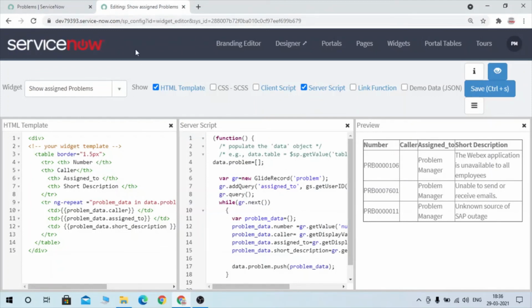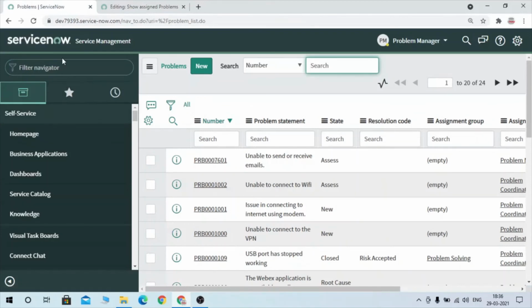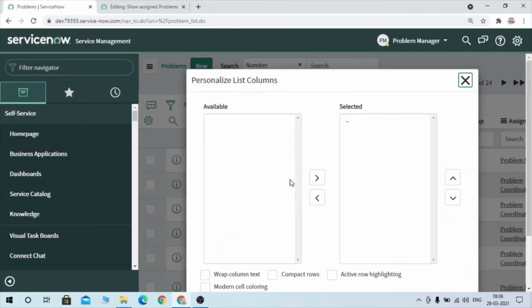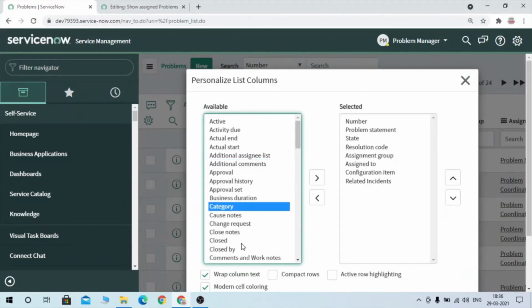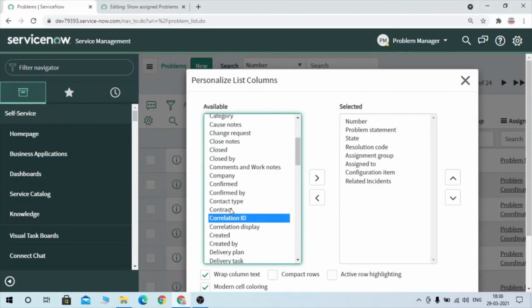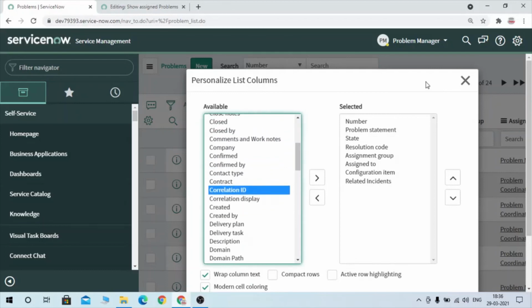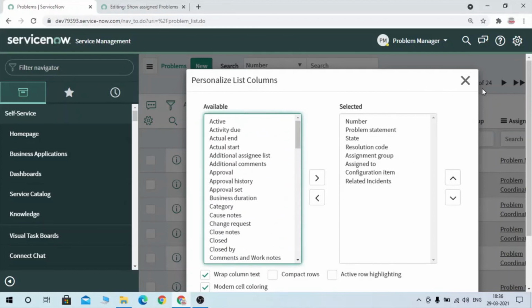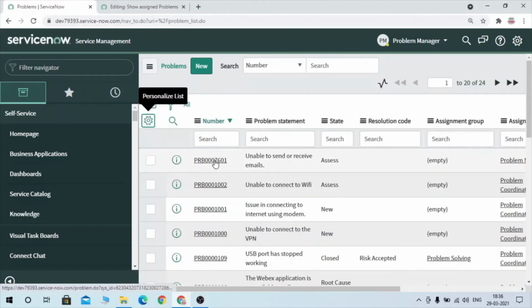So caller is empty. So maybe there is no value in the caller. Let's check that. I think there's no such field as caller on the problem record.